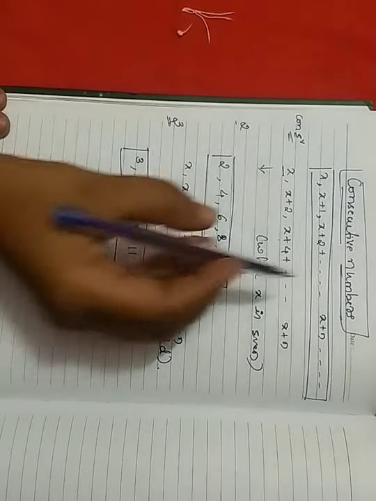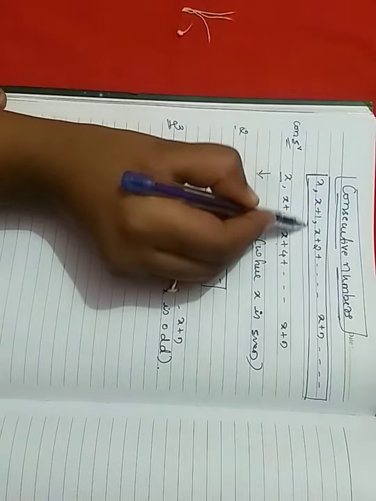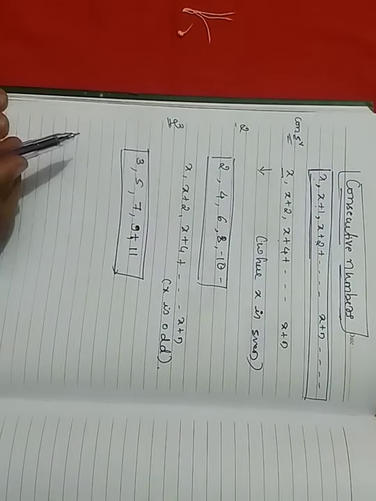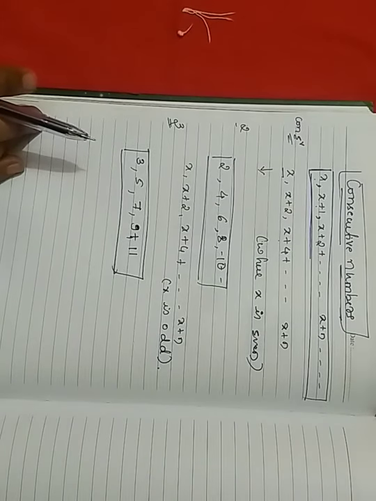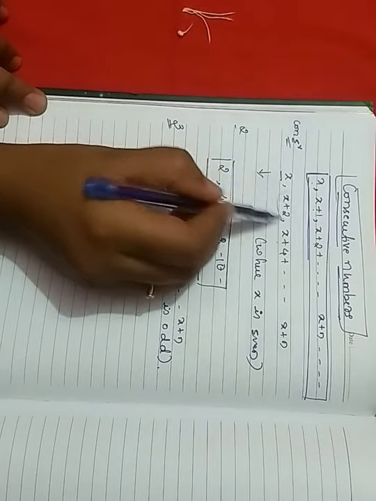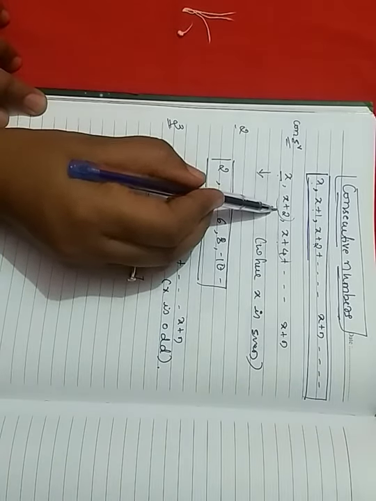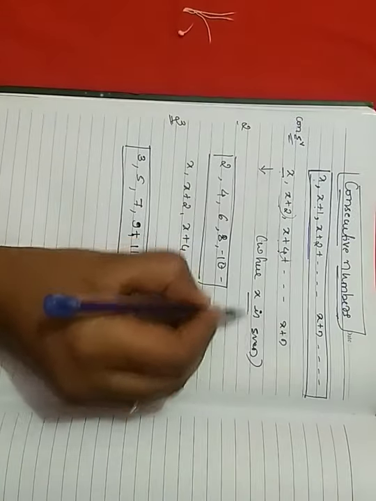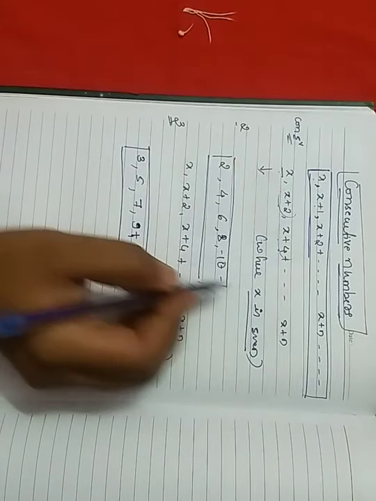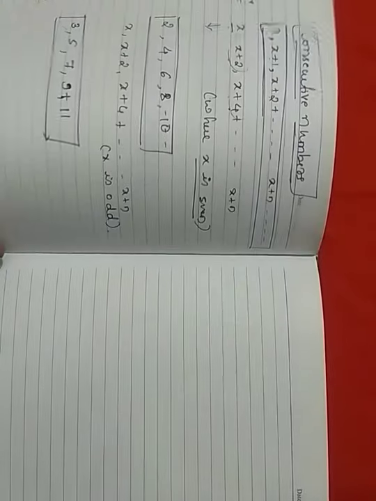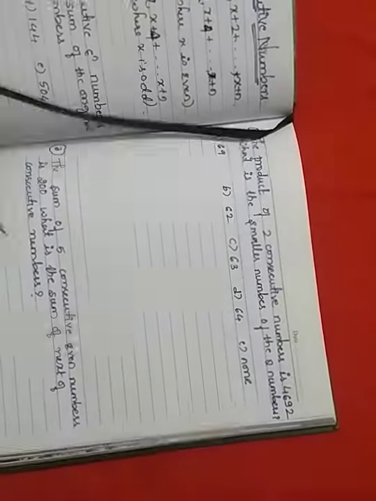Just remember this: consecutive numbers can be represented as x, x plus 1, x plus 2 up to x plus n. If the question is asking particularly for even or odd numbers, then you need to add 2 each time, like x, x plus 2, x plus 4. Similarly for odd numbers, where the given number must be even if you are calculating for the even. Let's consider a few problems based on this, so you'll be more clear with this.